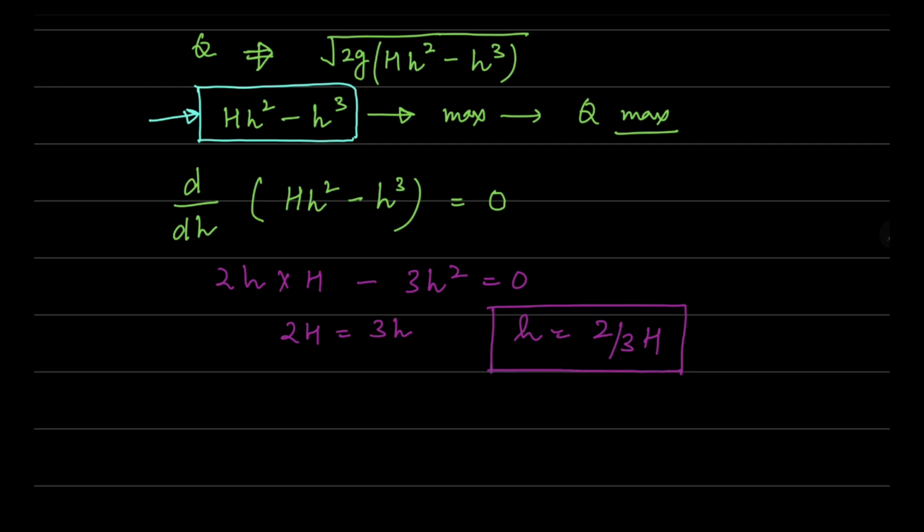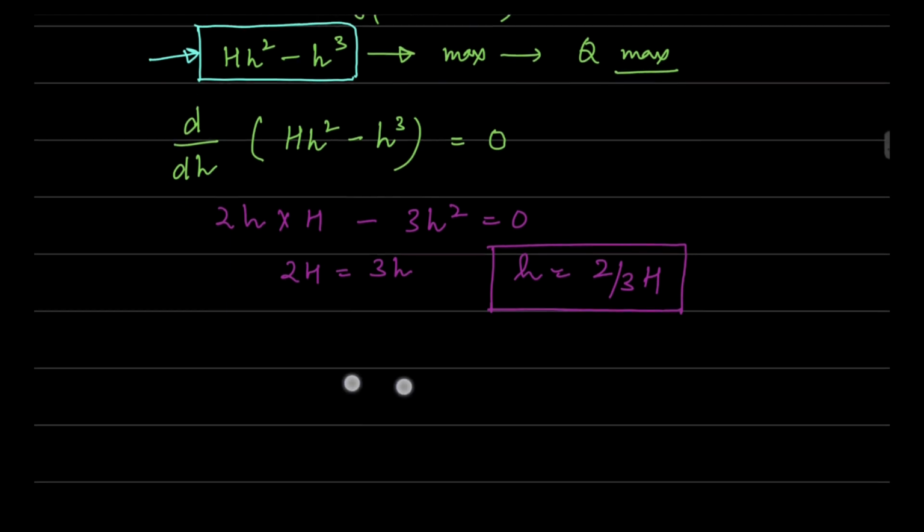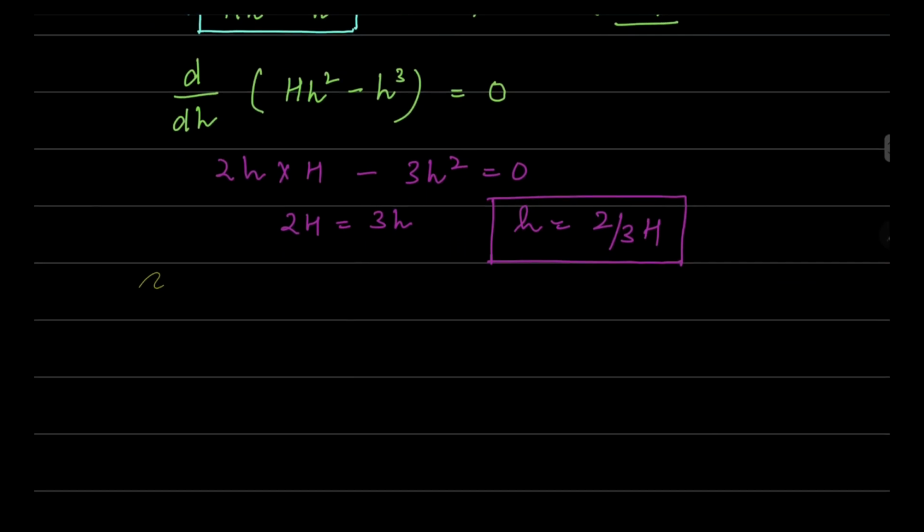So once we get this value of h, now just in order to get the Q maximum, we will replace the value of this small h with 2 by 3 times of the H. So let's solve this particular thing. So the Q maximum, that will be CD multiplied by L multiplied by